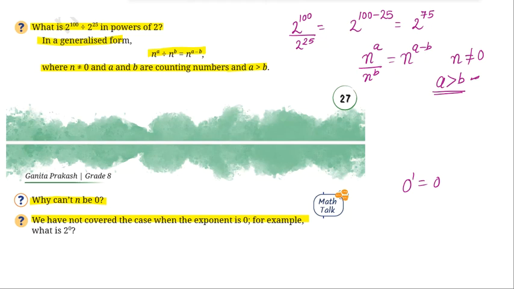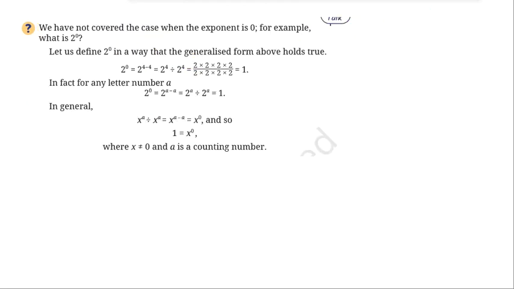For example, what is 2 to the power of 0? So now we are going to study what happens when the exponent of any number is 0. How do we solve it? What will be the result? Let us see. Let us define 2 to the power of 0 in a way that the generalized form above holds true. The generalized form we studied above is